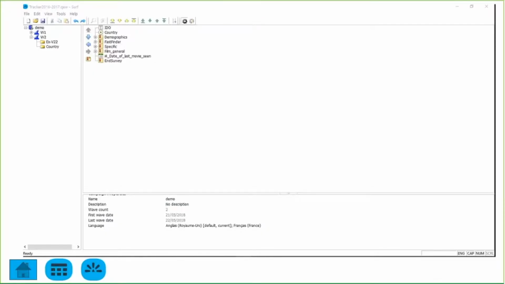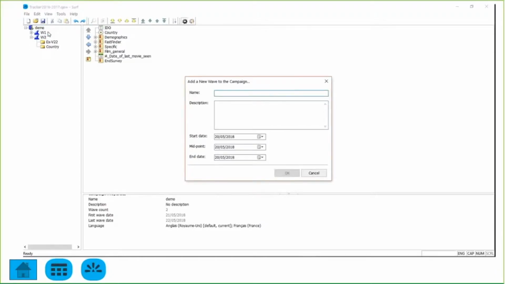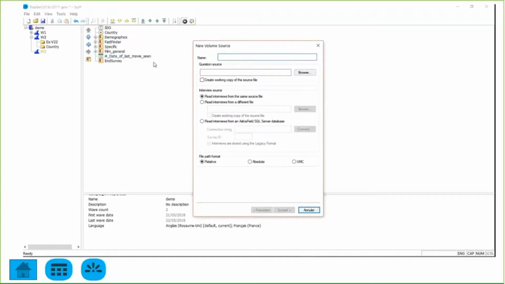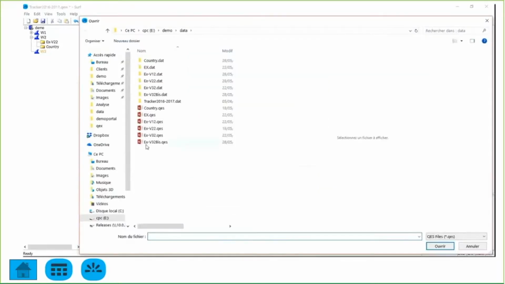Let's see how to proceed. With Askia Surf, you can add a new wave. So click right, add a new wave, name it, then add a new volume, name it, select the question source, here a case file,